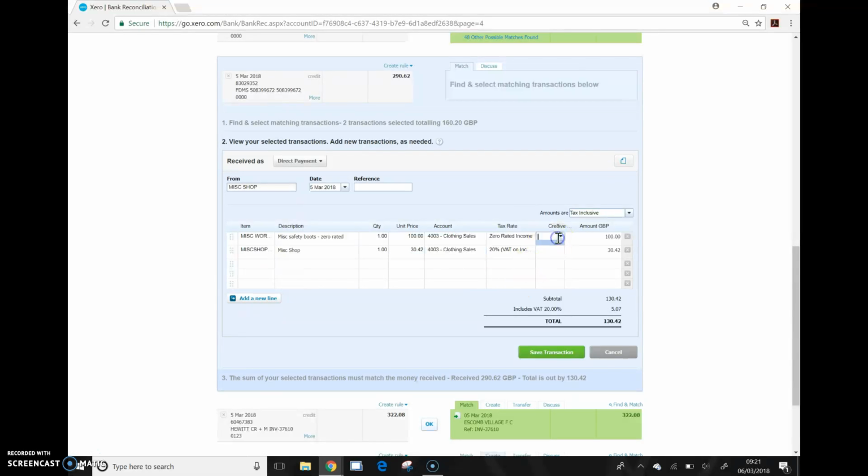I'm going to change the drop down box to clothing, and then you can see that the VAT is accounted for correctly, the net amount or the subtotal is accounted for, and the total comes back to the correct amount which will be on the slips. You would save that,